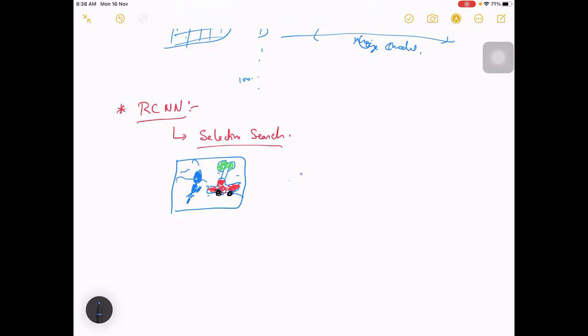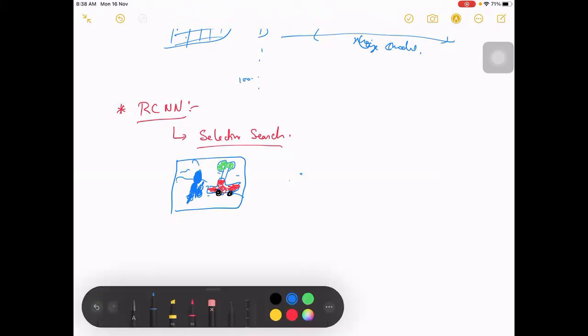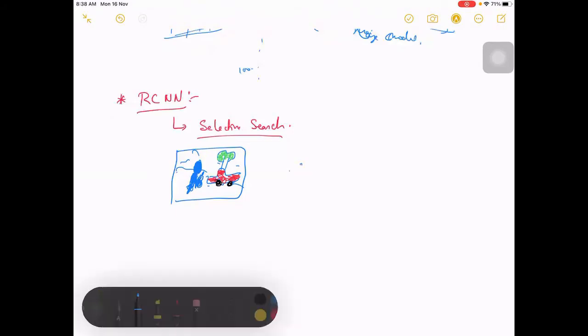So what will happen, even for us, we are able to look at this as a different object, let's say a bike. He's riding a bike like this. We are able to classify that this is an object based on the intensity of pixels here and the color of pixels here, right? Only with that we are able to differentiate between two objects, or maybe edges or something like this.